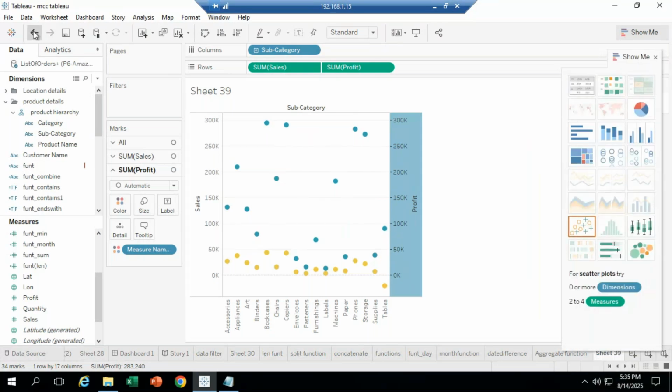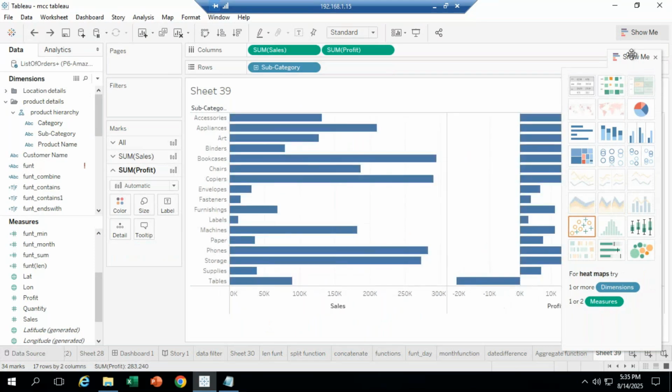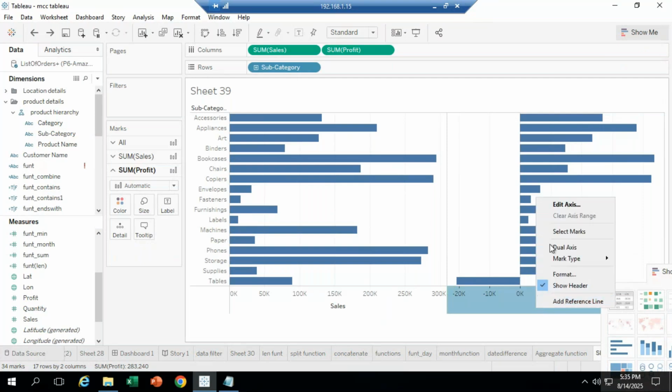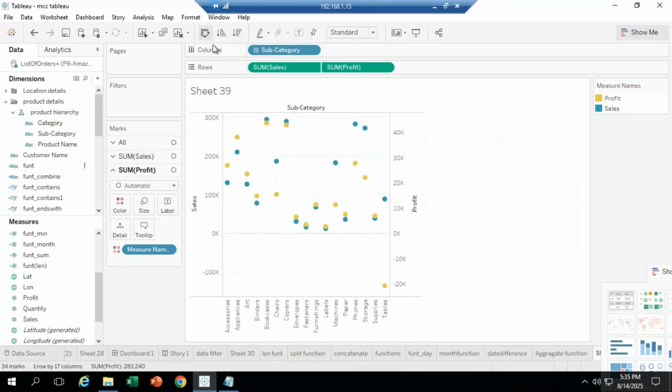Understood? Okay, one more time I'm going to repeat. You understood this much, right? Right click on that profit, select the dual axis option. It's going to add. After that, click on the swap option. If I click on that swap, all these are the profit and all these are the sales information that is going to display. In the profit option,